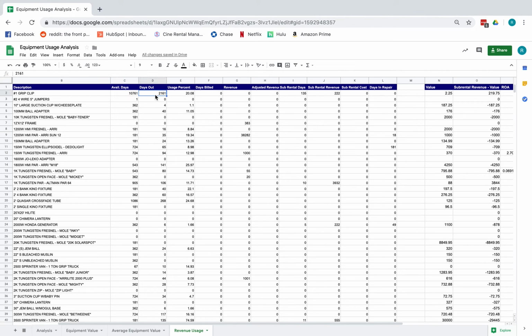And then the days out is how many days those items were actually out on jobs. Then it'll give you a usage percentage, and also tell you how many days you billed for it. So if it went out for a 5-day job, but you only billed for 3 days, it'll tell you that. Also the revenue,